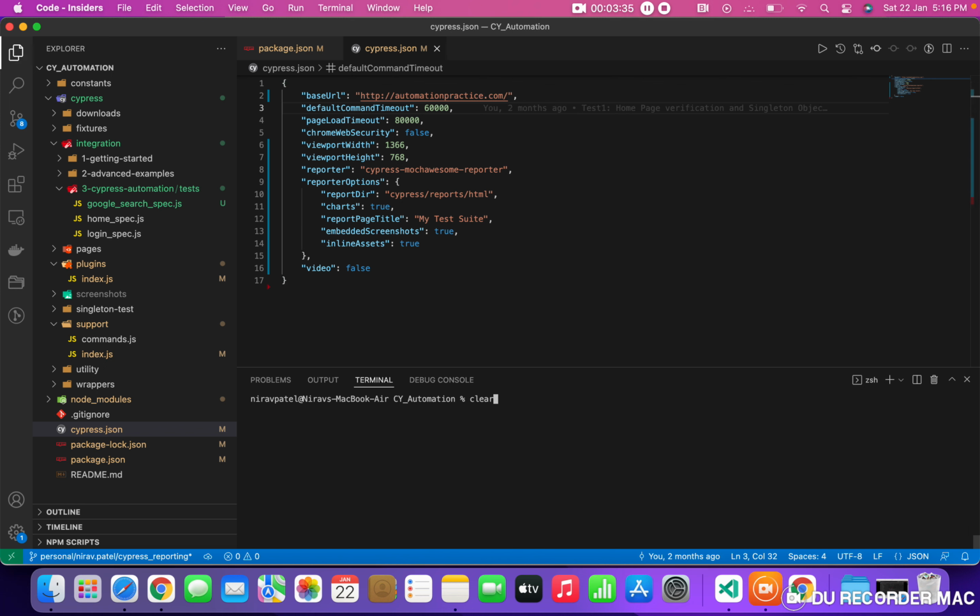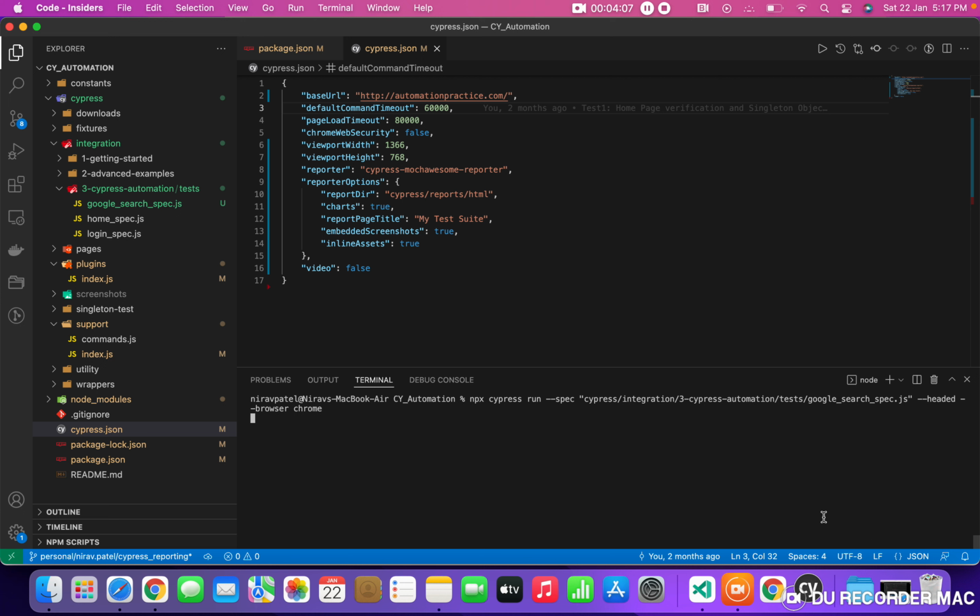Okay, so this is the command that we are going to hit: npx cypress run --spec, and inside that we mention the google search spec.js with headed. That means it will launch the browser, and we are able to see that it is not headless. That's why we passed the option headed over here. Then the browser will be Chrome, and let me remove this reporter from here as well. I'll just hit it.